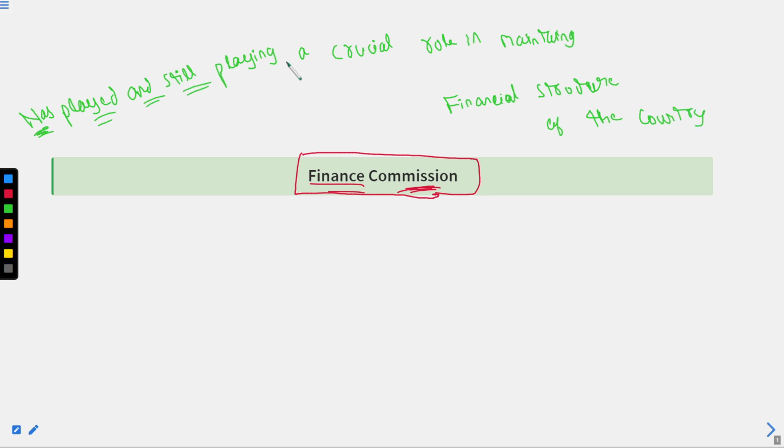Has played and is still playing a crucial role in making the financial structure of the country, maintaining. Okay, so that is the basic necessity why we are going to study the Finance